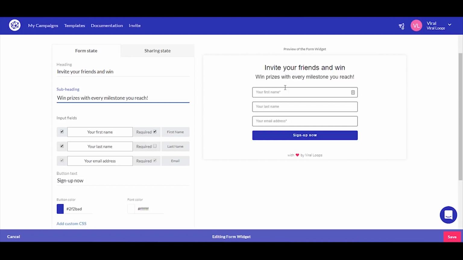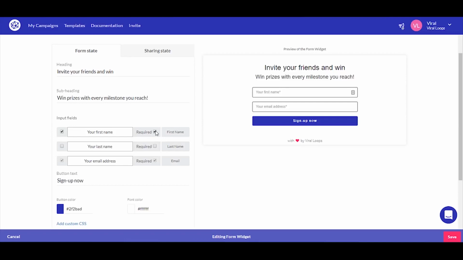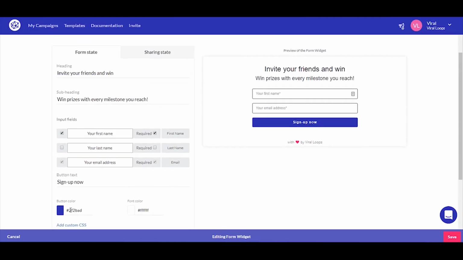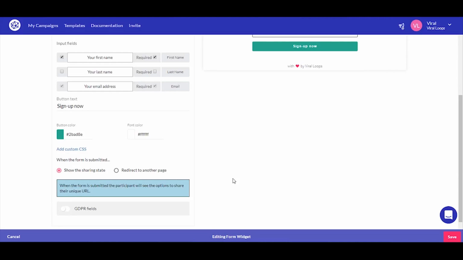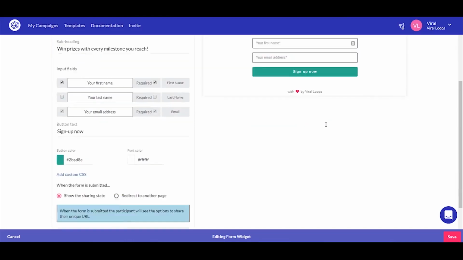eliminate it. So let's say that I only want the first name and I want it to be required or not required. I will leave it required. You can change the button color from here, so we will choose to use this light blue color that we had in the previous step. Also the font color you can change here. I will make it black for now, and I will turn it back to white because black looks awful. And also you can add some custom CSS in order to make the widget look in the way that you want,